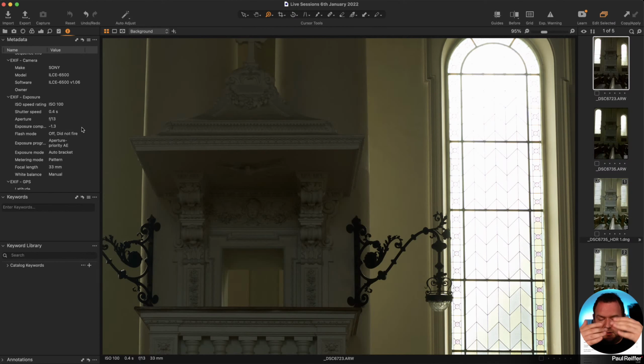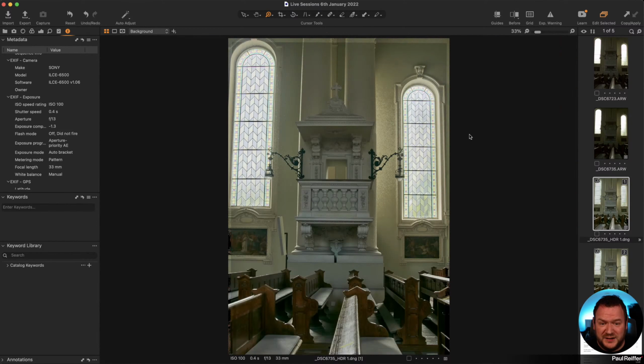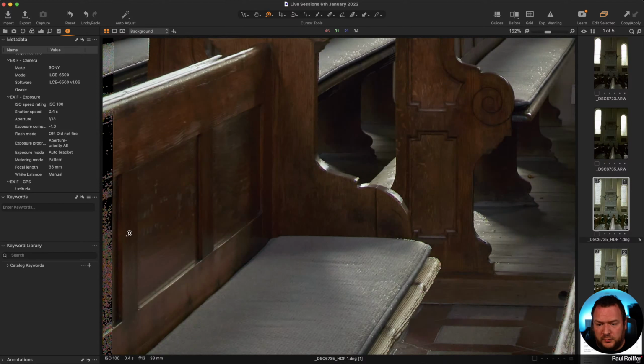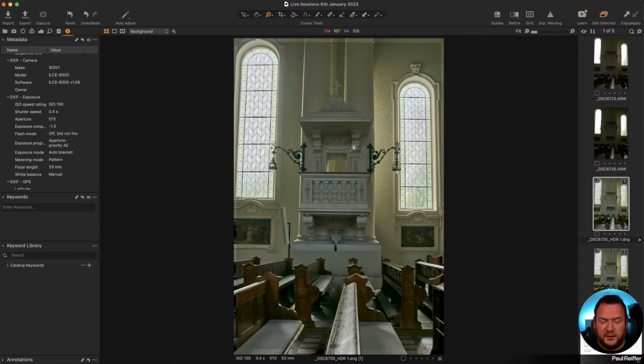Some lenses will move in and out as they zoom as well, and sometimes the focus point will move based on zoom as well. But if you've got a set of bracketed images with differing apertures, differing focal lengths, different focus points, I'm not going to be surprised if you see some of this stuff. So I can't say for sure that that's what's causing it, Wilfred, unfortunately. But as a place to start, we've got to start with two images which are completely correctly overlapping and have common settings in terms of aperture and focus.